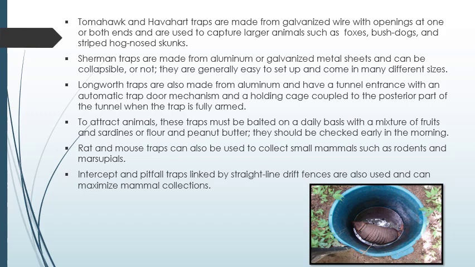So here we have discussed different types of traps which can be used for the collection of mammals. And obviously, if you are using a trap, bait must be used to attract the organism. Bait can be a mixture of fruit or any kind of food material through which animals can be attracted. If we want to collect small mammals, then rat and mouse traps can also be used. And here in the image you can see a pitfall trap. A bucket is placed under the ground and an organism is trapped in it.